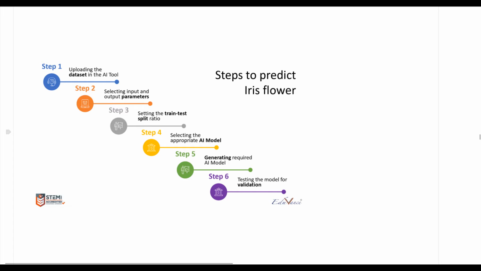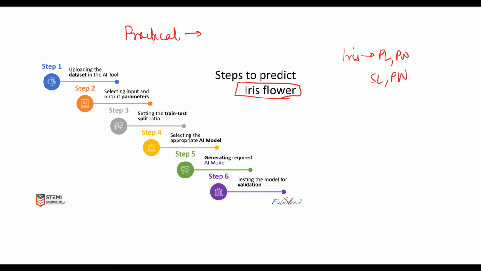Continuing session number 4. In today's lecture, we will look at a practical session where we will look at the iris flower experiment which I had discussed in the previous lecture. If you remember, we were trying to predict the type of iris flower based on the petal length, petal width, sepal length and sepal width. So step number 1 was to define the problem, which we already defined. Step number 2 was building the data set. So now let us go ahead and look at the data set.